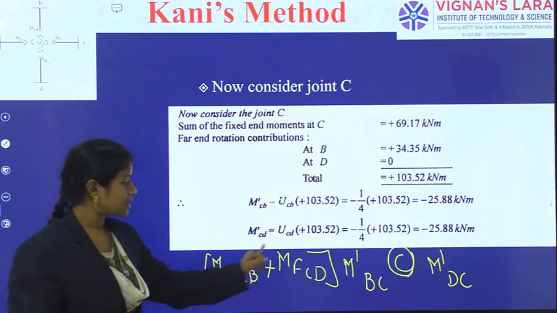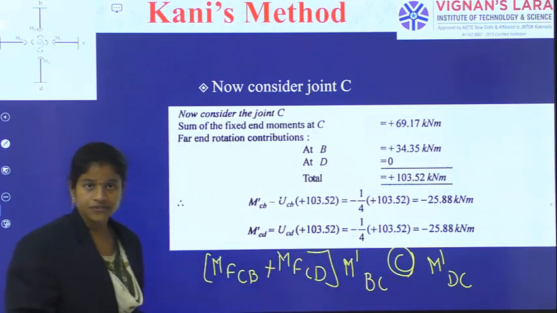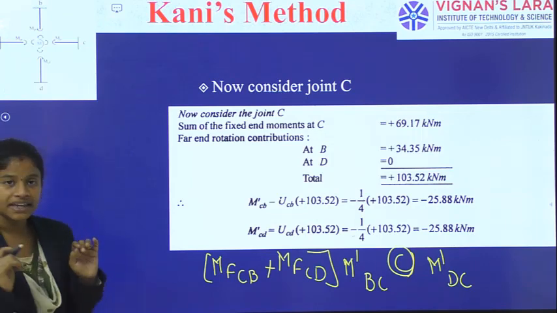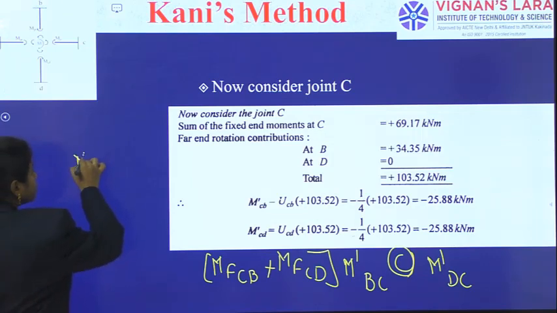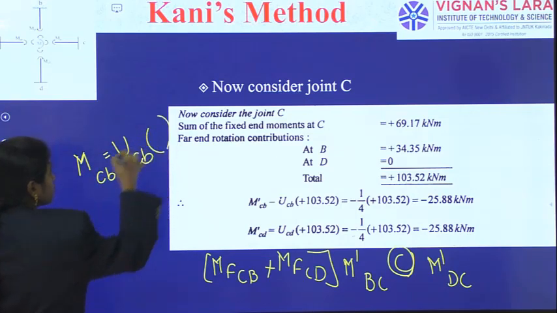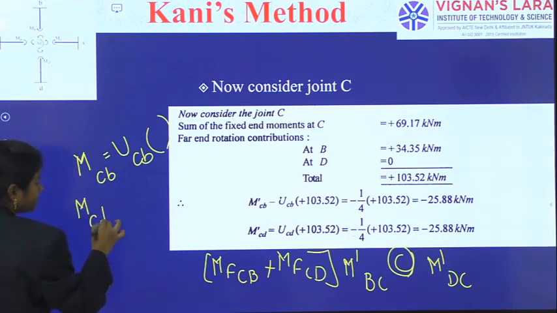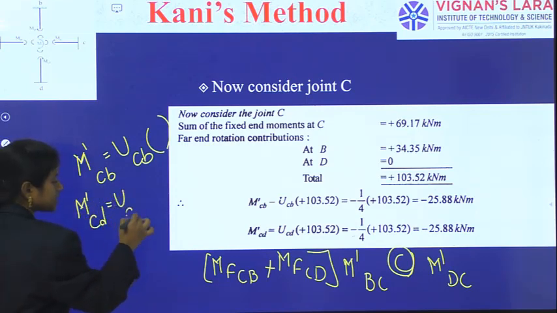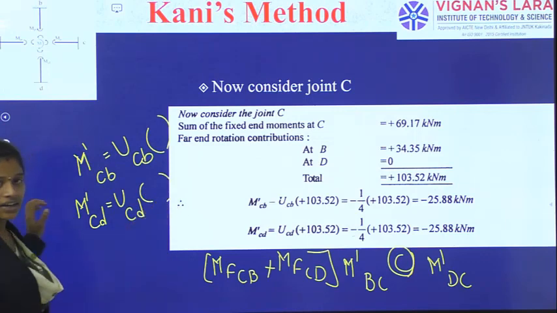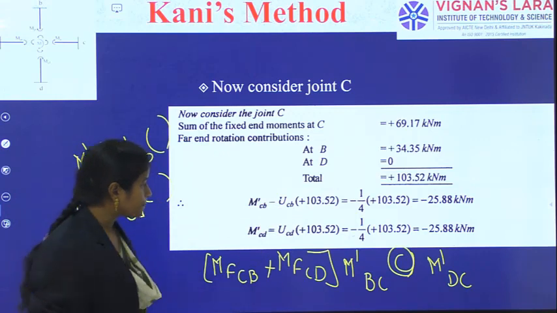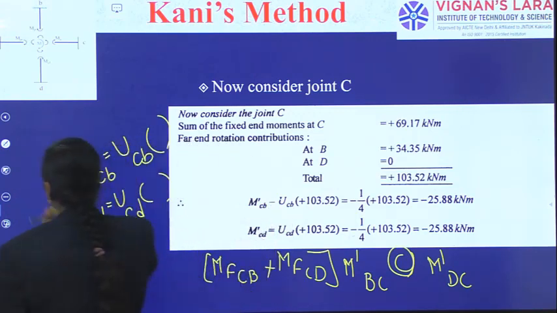We will get 1 plus 2 plus 3 plus 4. Sum of all these 4 quantities will give the inside bracket quantity that I should have to multiply it with. Then I am writing about MCB. I should have to use UCB and the bracket quantity. M dash CD, this is UCD into the quantity. These are not the support moments, still they are the contributions only. So these summations we will use and the corresponding quantities, M dash CB, M dash CD.